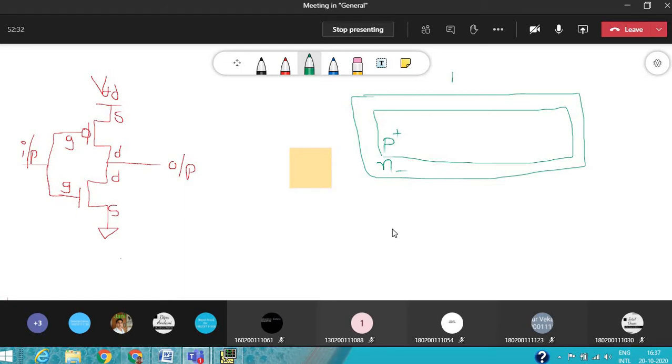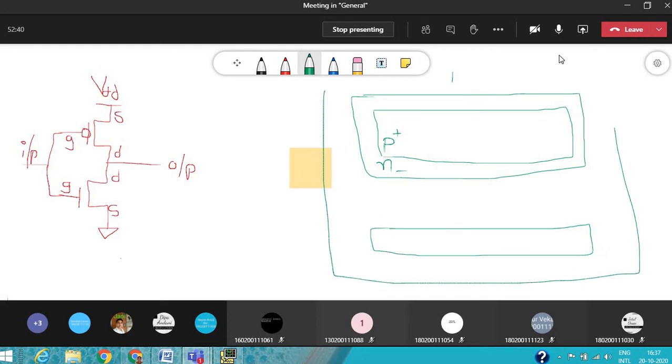Similarly, the N MOSFET has a P minus substrate. So first we put the P minus substrate, and in half of the region where we want to build the P MOSFET, we first put the N minus, and above it P plus. Where we want to build the N MOSFET, directly above the P minus we can put N plus, because P minus is the substrate material of the N MOSFET.